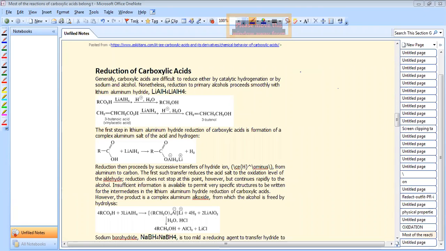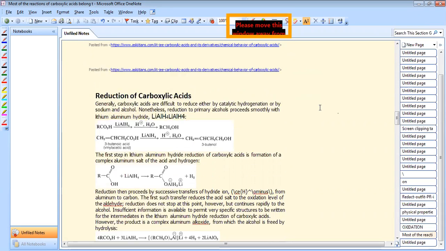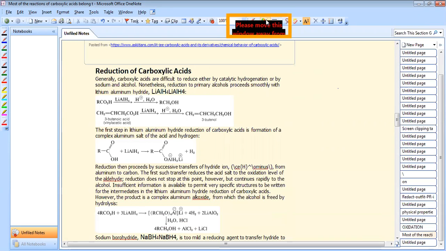So good morning everyone. Yesterday we discussed the chemical properties of carboxylic acid. If you recall the chemical properties of carboxylic acid, they arise due to the cleavage of the OH bond and due to the cleavage of the C-OH bond, and next